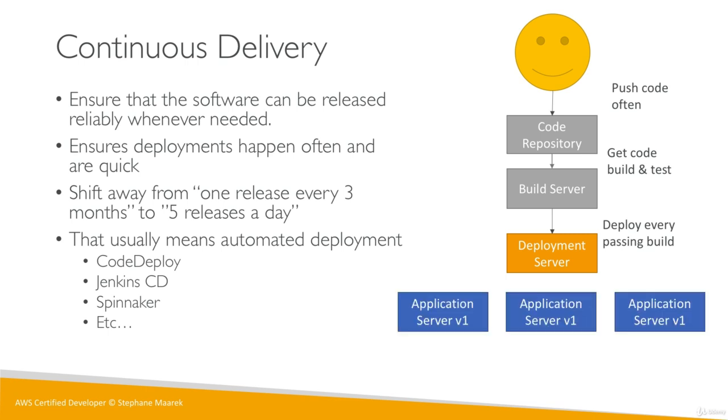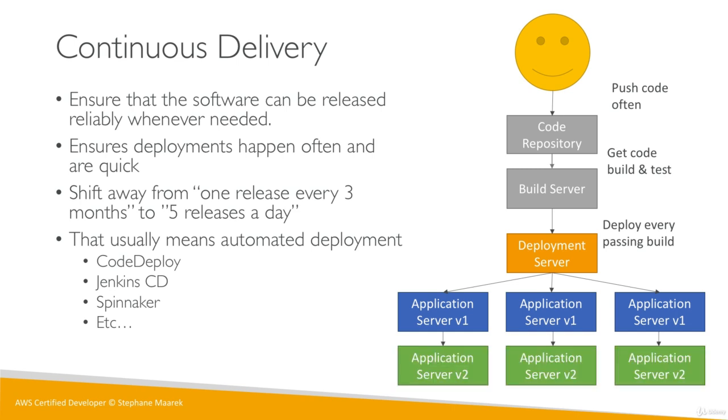And so we had our application. It was running version 1, or the previous version. I'll just call it version 1. And so the deployment server will go and run a bunch of scripts that we have to program, obviously, but it will make sure that the application goes from version 1 to version 2. And that will happen from version 2 to version 3, etc., every time we push the code to the repository. And so this whole pipeline right here that's happening is really what continuous delivery is about.